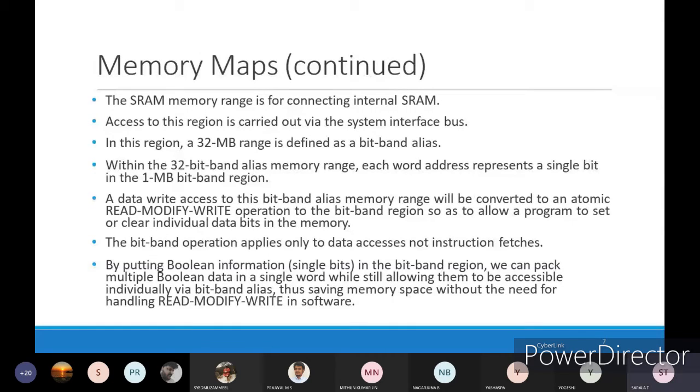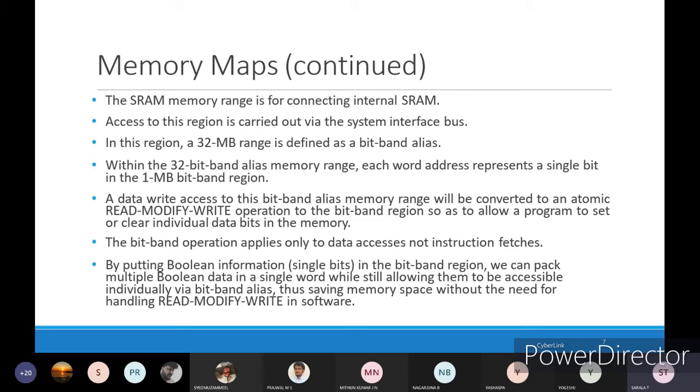A data write access to this bit band alias memory range will be converted to an atomic read, modify, write operation to the bit band region, so as to allow a program to set or clear individual data bits in the memory.